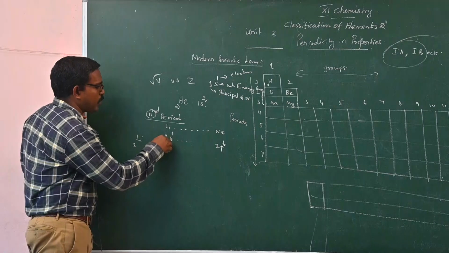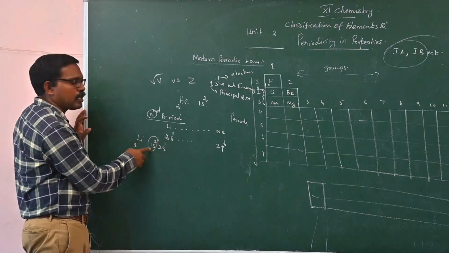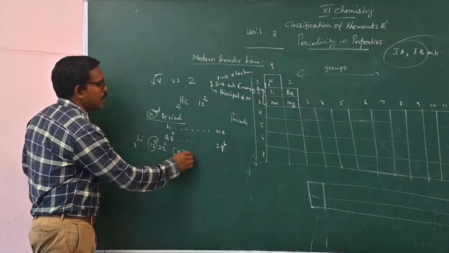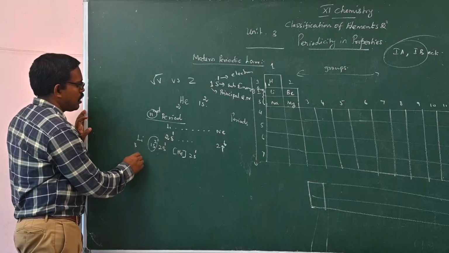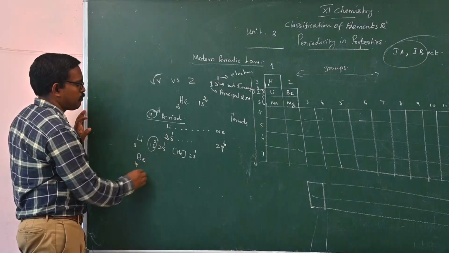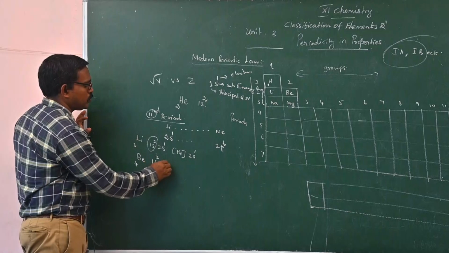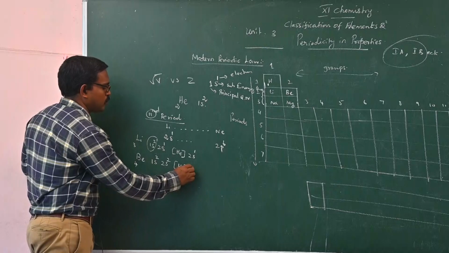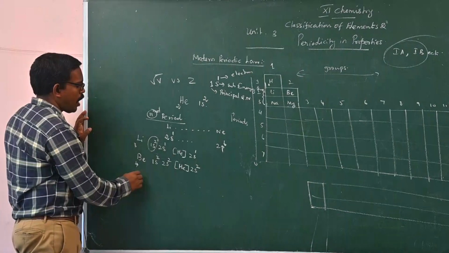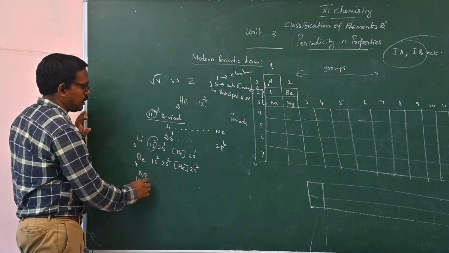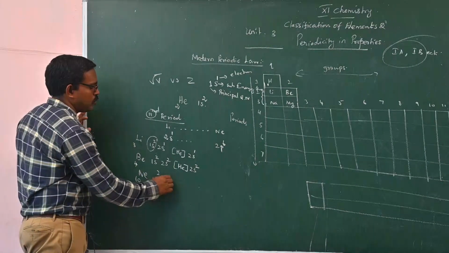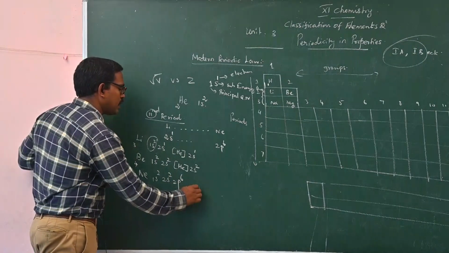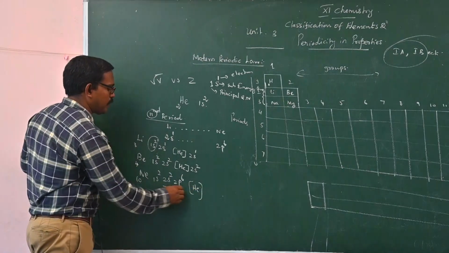1s2, 2s1. 1s2 is the configuration of helium. Shortly it is written like this: helium 2s1. Beryllium, atomic number 4, 1s2, 2s2, or shortly it is written as helium 2s2. Up to neon, atomic number 10, it is written like this: 1s2, 2s2, 2p6, or helium outer electronic configuration